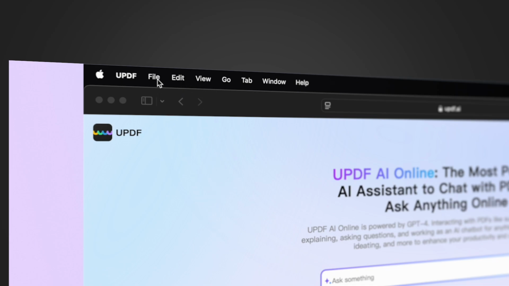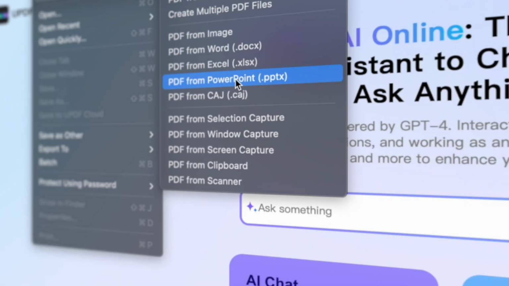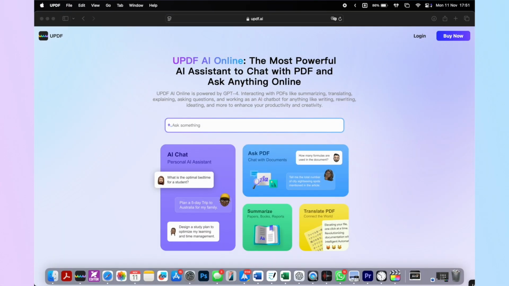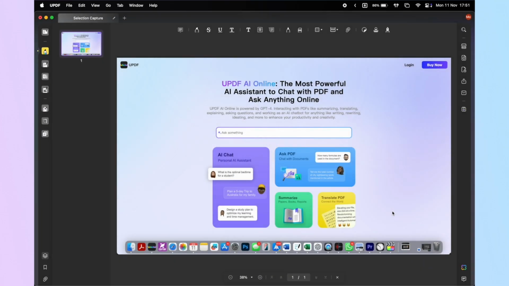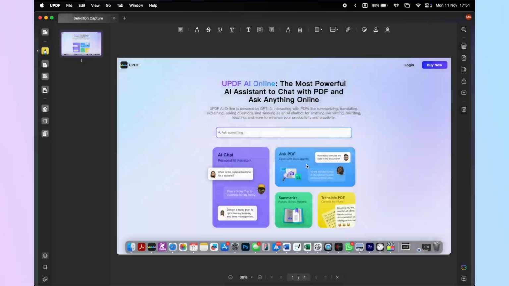Now navigate to the file menu and choose your preferred option, either PDF from selection capture so that you capture a specific part of your screen, or PDF from window capture so that you capture an active window, or PDF from screen capture so that you capture the entire screen. For example here, I'll choose PDF from selection capture, and once selected, UPDF will automatically create and open your PDF. To save it, just click File, Save, and choose your destination. It's that